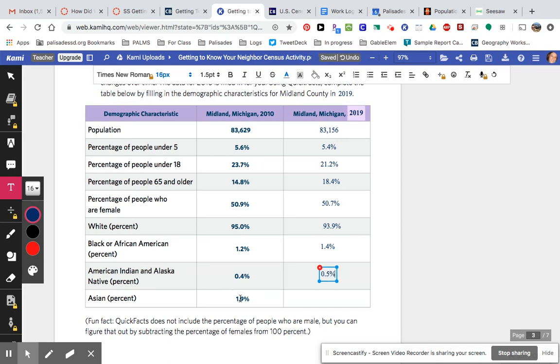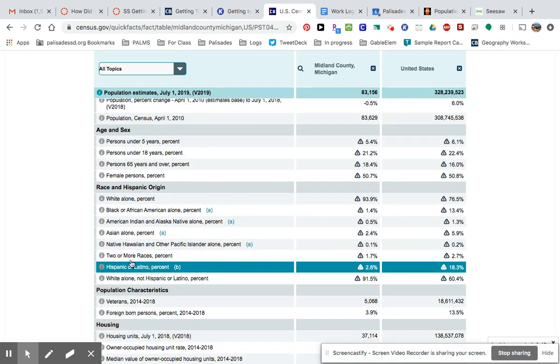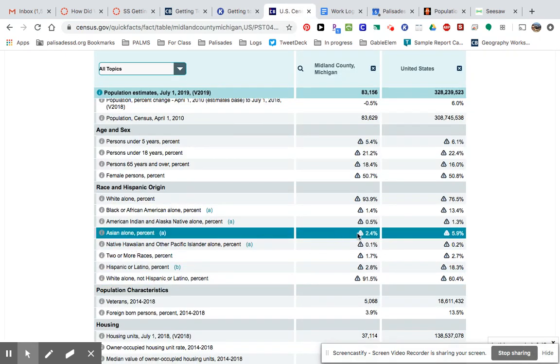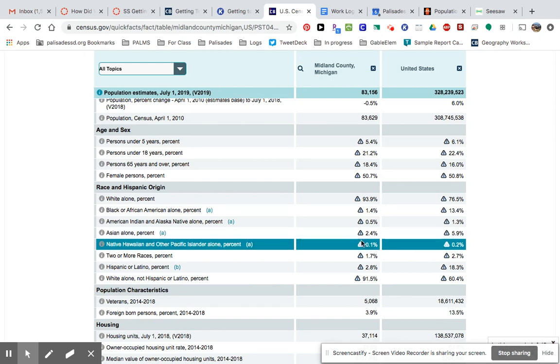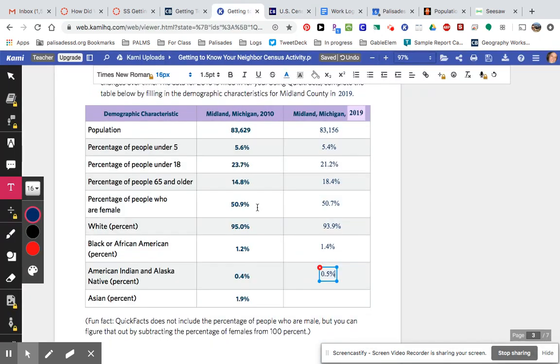Okay, and the percentage of people who are Asian, 2.4%, a little bit lower than our national number. And that went up quite a bit in the past 9 years. Interesting. Okay, so now we have a side-by-side comparison of Midland County, Michigan's numbers in 2010 and Midland, Michigan's numbers